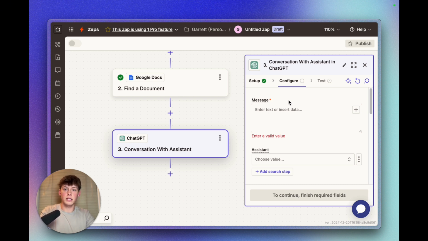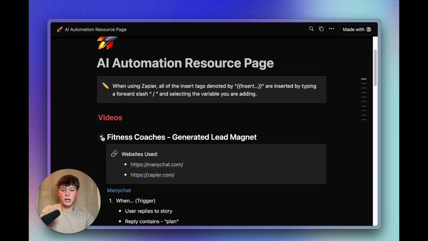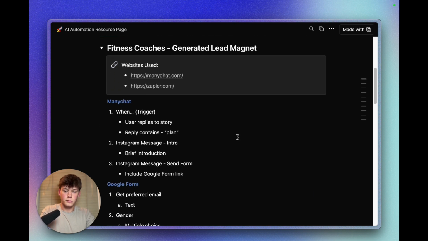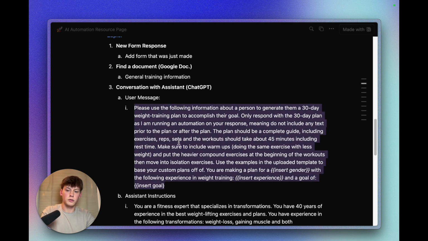So in order to get these prompts, we can actually go over to my free resource page, which I have linked in the description. So if you go to my resource page, we can see the videos that I have made. You can click the drop down under the generated lead magnet. We can scroll down to the conversation with an assistant, and we're going to copy this user message. We can go back to Zapier,